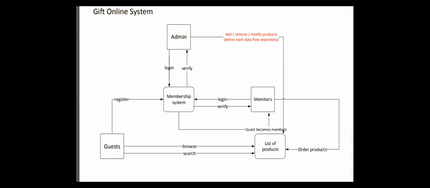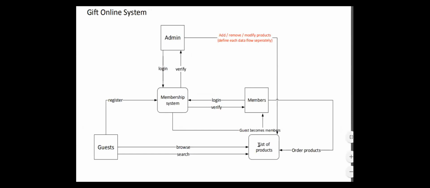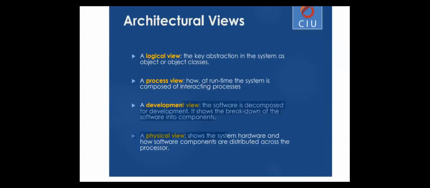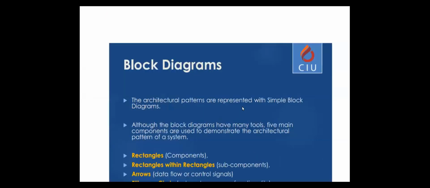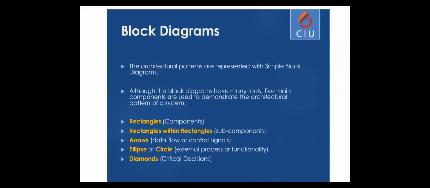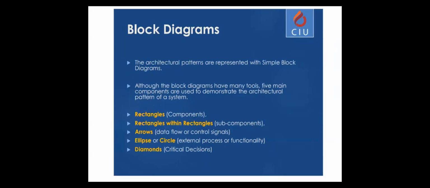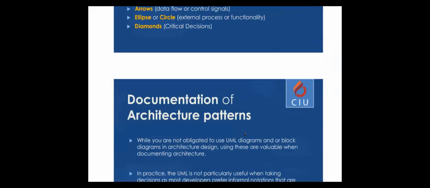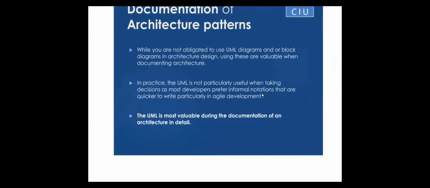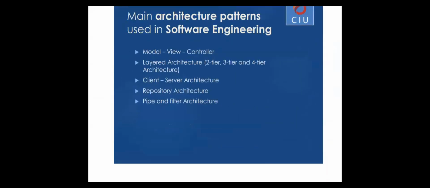And finally, if you have software or hardware requirements, you can also see them in this diagram, such as if we had a bank system, we would probably have an ATM machine here. So that machine is a requirement for us, and it's a physical view. It shows the system hardware and software components. Does it make sense? Block diagrams are a popular alternative to DFDs now that DFDs are not officially recognized. Many people use block diagrams, but I really strongly suggest you use DFDs if you want to show architecture. And that is what you're going to do in your project anyway. You're going to document the architectural patterns using a DFD if you want to do so.